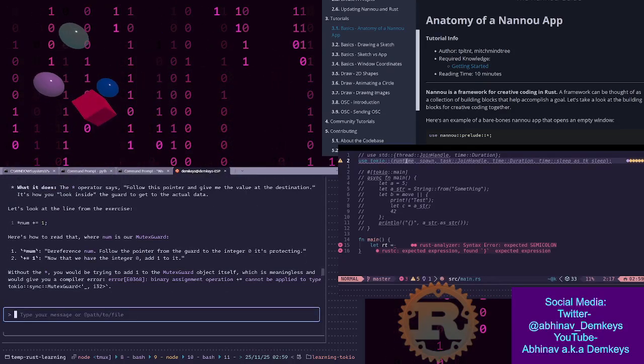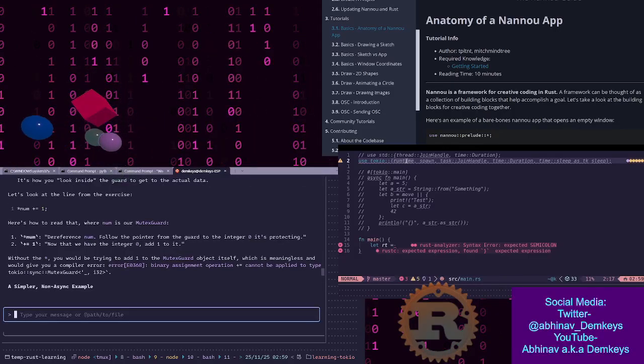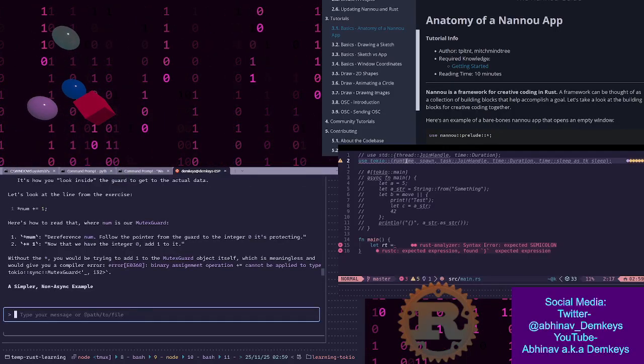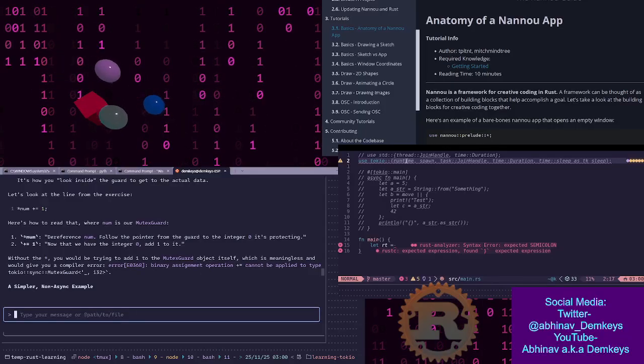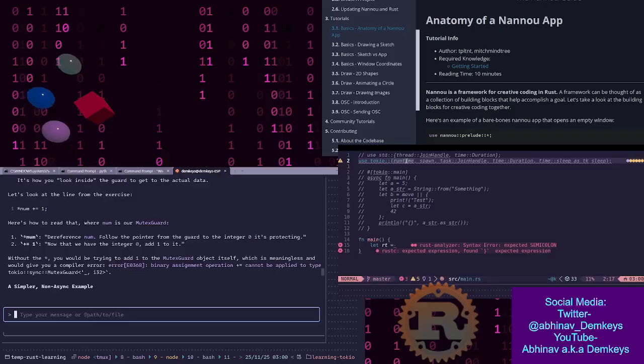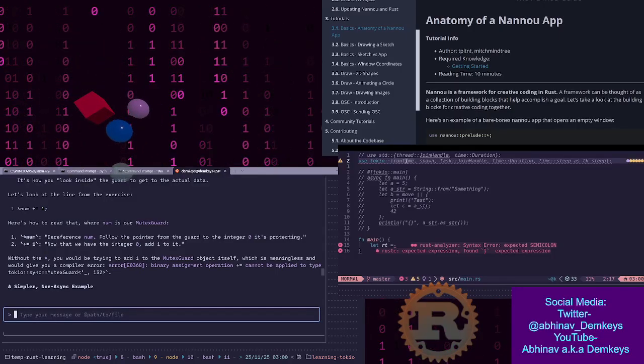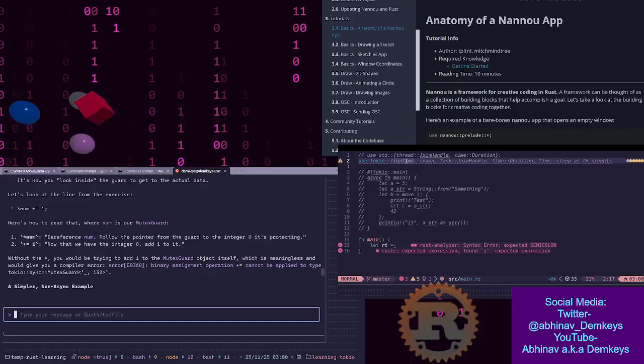Okay, let's look at this line from the exercise. Here's how to read that. Where num is our mutex guard, so this is dereferencing num. Then we follow the pointer from the guard to the integer 0 it's protecting. And then, just a second,